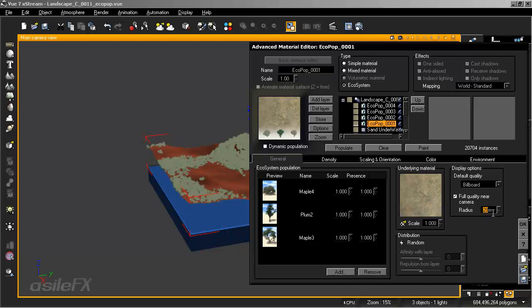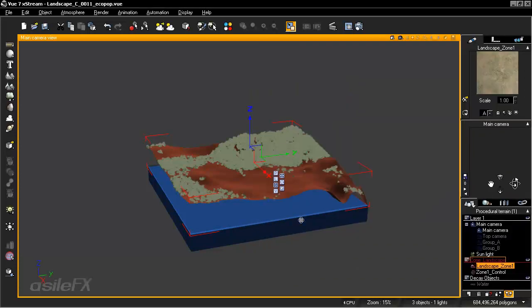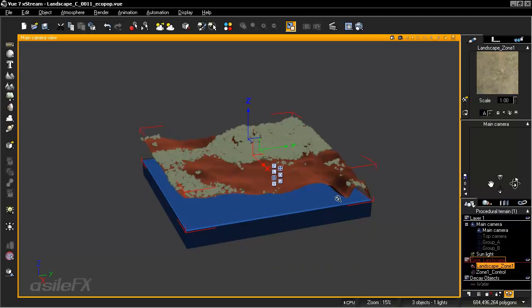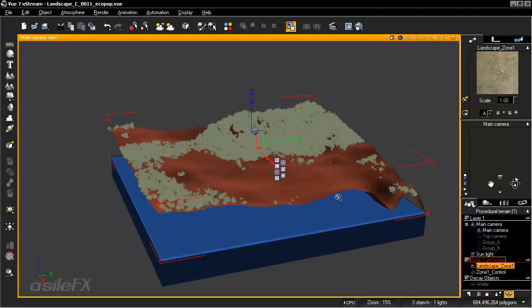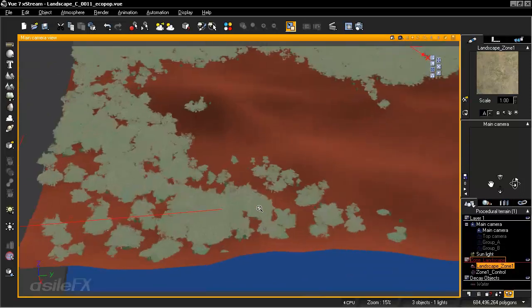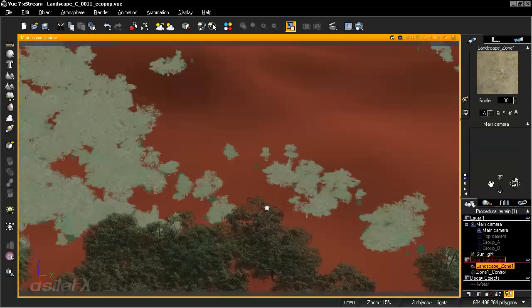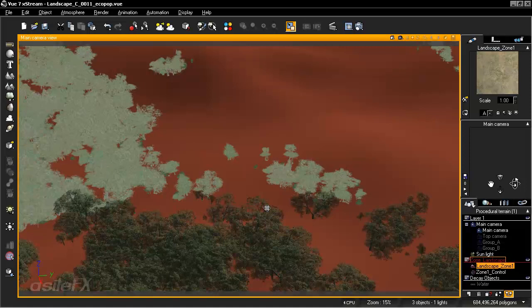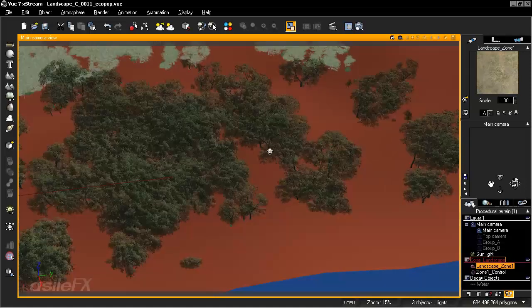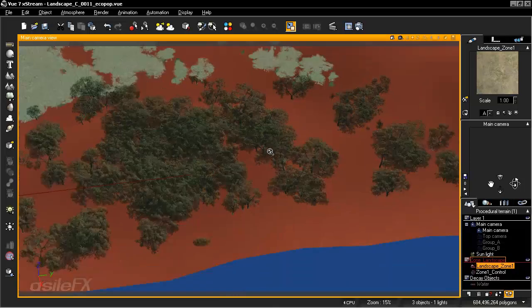I'm going to go ahead and set this to 70 meters, just because that should be more than enough for what we need, maybe a little bit more, but it's a good idea to be away from the terrain when you're doing that in case you go too high, and that way you don't have to worry about everything refreshing. So we can go ahead and move in to this zone. And keep in mind that range is also affecting behind the camera and not just in front of it. So it is a radius